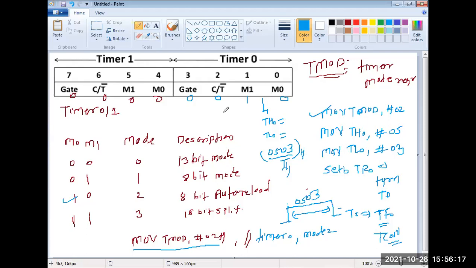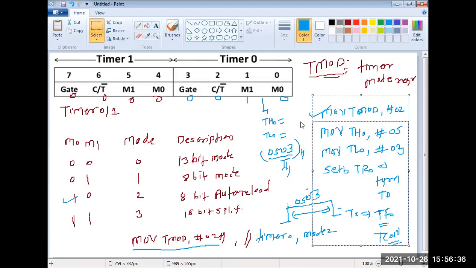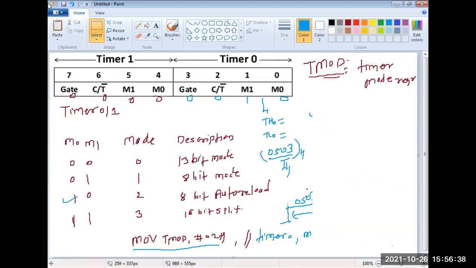Yes. So we have seen what is written for the 10 format only, these 2 bits. The remaining is what? C/T. So I will clear this part here. Next, bit number 2. We have written for bit numbers 0 and 1, which mean M0 and M1. Bit number 2 is C/T bar. Okay, so what is the meaning of this?